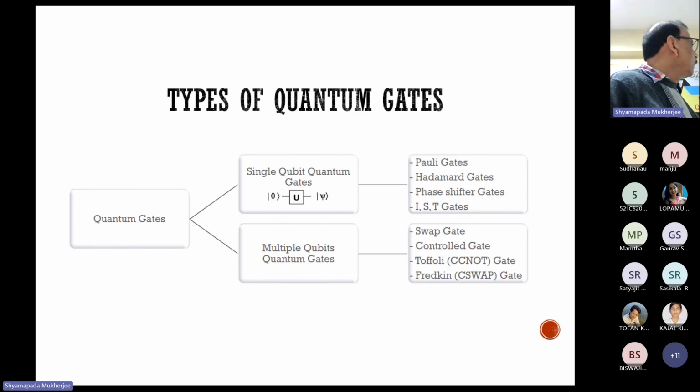Then you see, when you apply X on 0, it becomes 1, and 1 goes to 0. Then tell me, classically, what is the classical analog of this gate? NOT gate. In the NOT gate, 0 goes to 1, 1 goes to 0. So this is the quantum analog of your classical NOT gate. But a very interesting thing is that